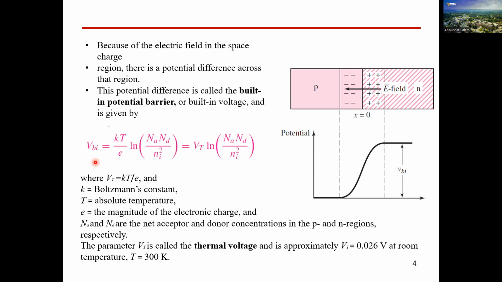By the way, by experience, this barrier voltage in most semiconductor materials varies between 0.4 to 0.7 or 0.8, something like that. And we call it the turn-on voltage again. This is called, guys, the barrier voltage. The parameter Vt is called the thermal voltage, and it is approximately 0.026 if the temperature is 300 Kelvin. So at room temperature, this Vt is going to be 0.026, 26 millivolts. Okay, guys,